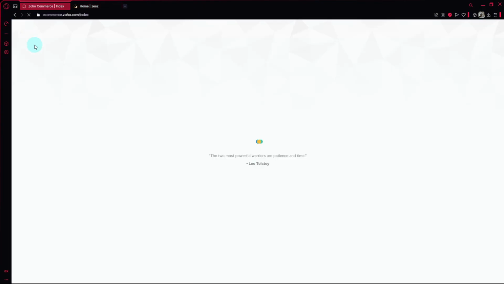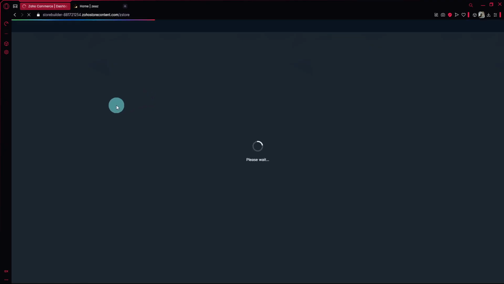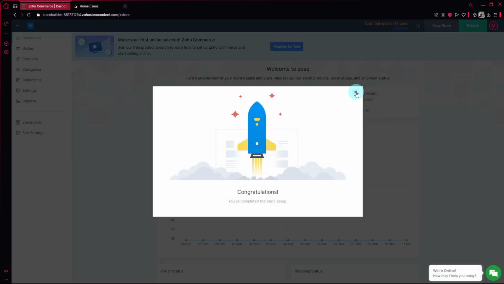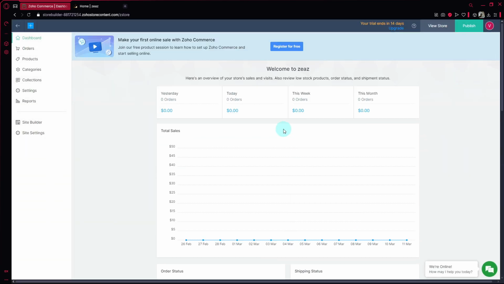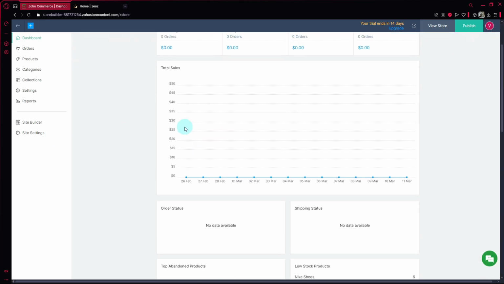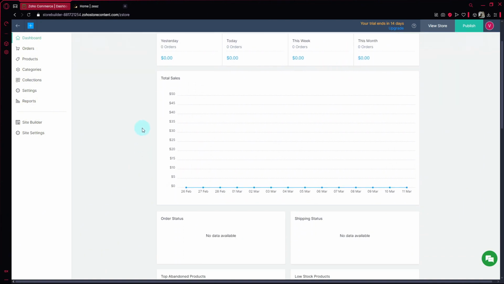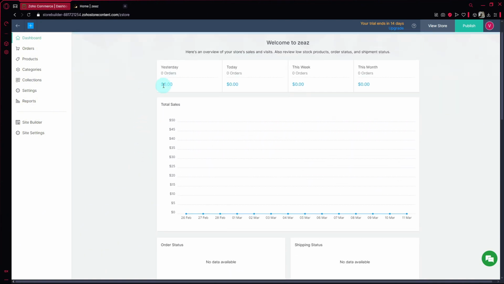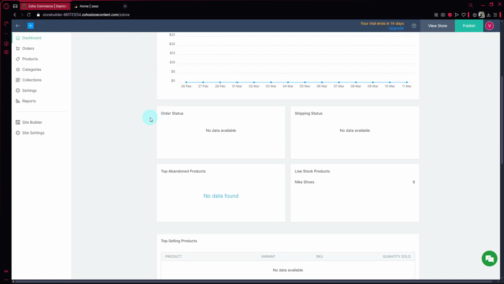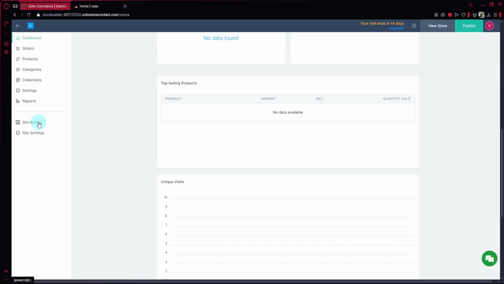Now going back, we'll go back to our dashboard. So our store is this one over here. So let's simply click on our store. So we have completed the basic setup from earlier. So we have a lot more options that we were able to skip. But anyway, over here, you will be able to view your overview or reports or analytics when it comes to your store, where you will be able to see the total sales, stuff like that, and so forth. But to customize our store here directly, we could go to the site builder over here,